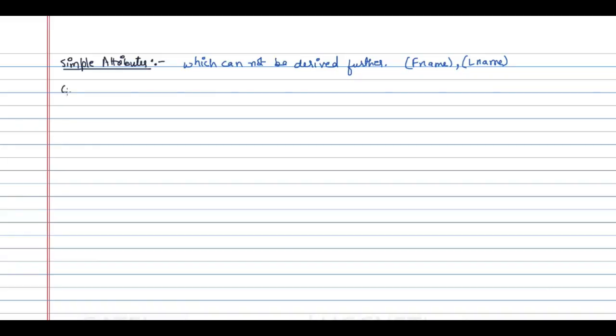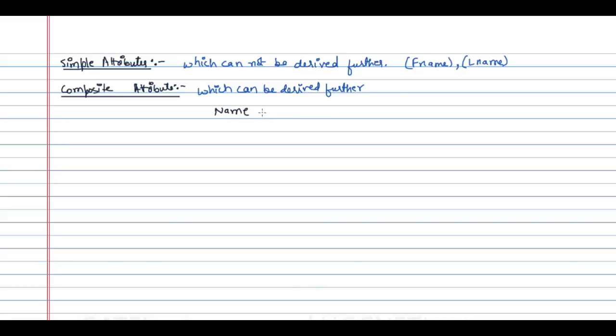The second one is the composite attribute. So what is a composite attribute? These are the attributes which can be derived further. They are called composite attributes. For example, we have an attribute called name.